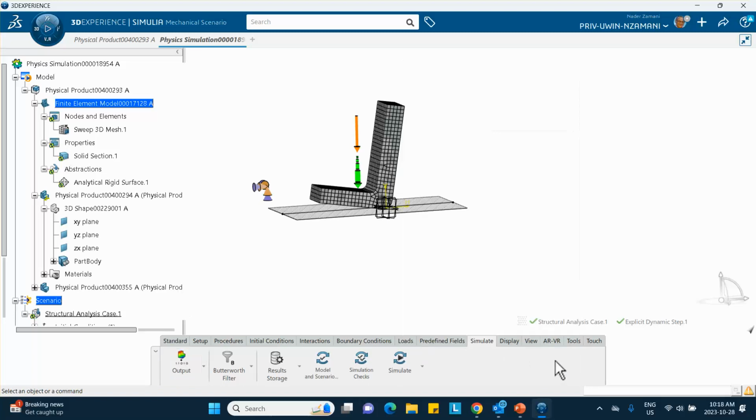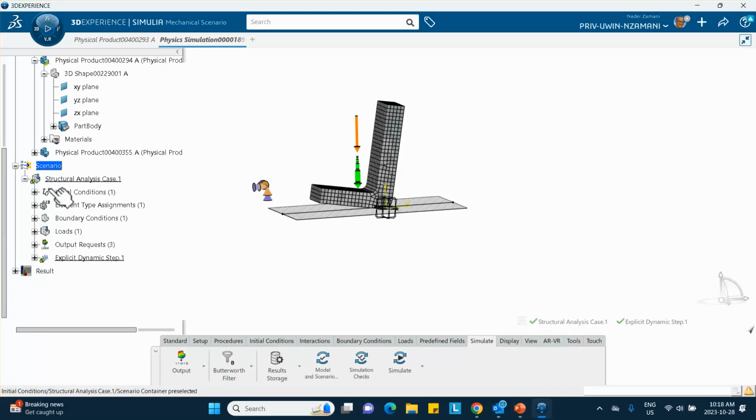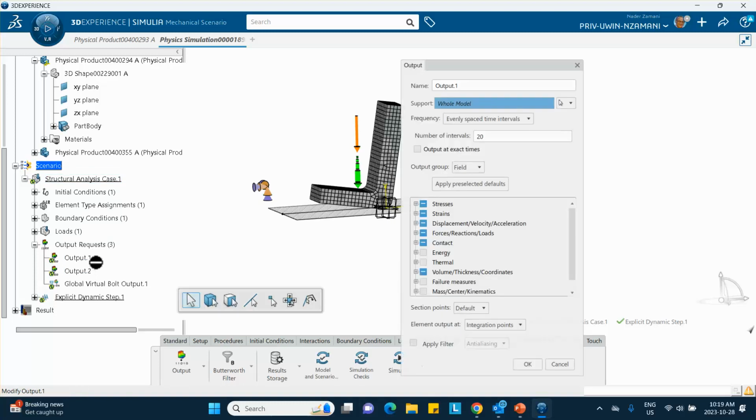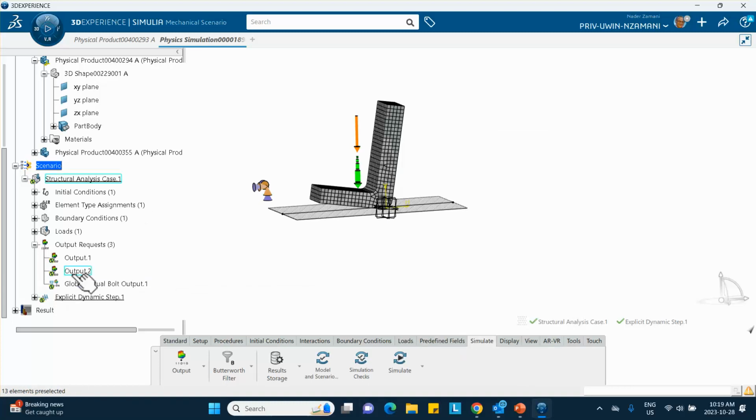Actually, let me cancel that because there is already some default stuff here. So let me go ahead and find out what my default data is. Output 1, output 2. Double click on output 1. It gives you all these things by default. That's because I already set it in the previous run in a different problem. So let me make this 100. This is for the field data. And then if you do it on the other one,